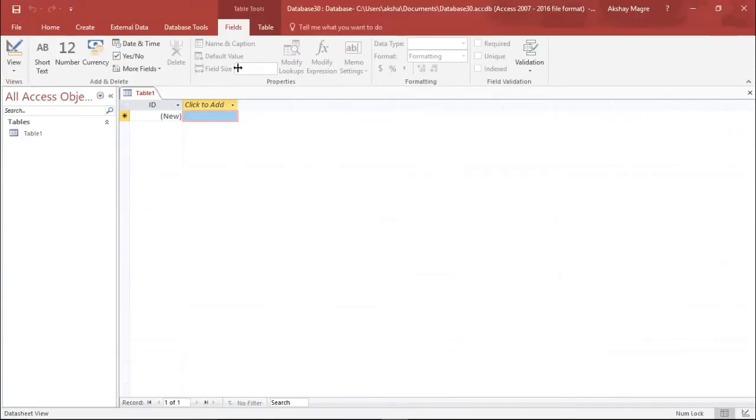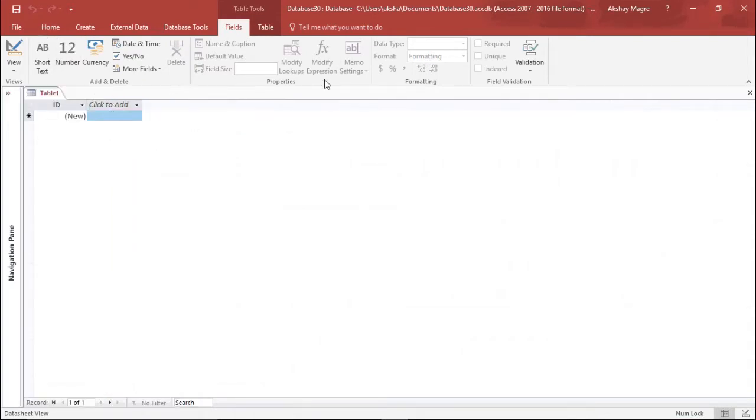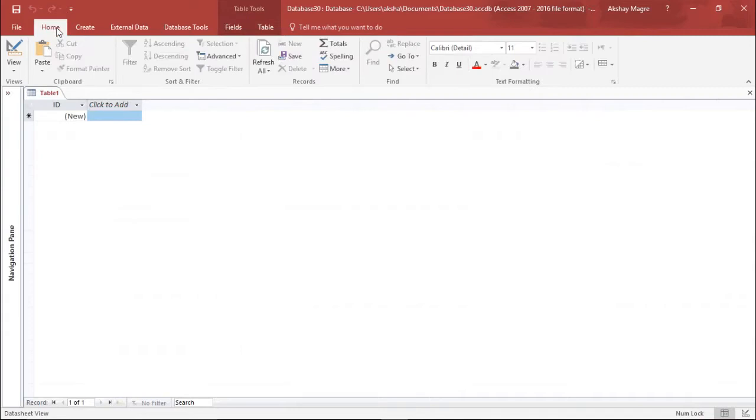Now I can see that by default, Microsoft Access has created a table, which can be seen on the left hand side, and it is named Table 1. Before I start off with the table, let me show you. Out here you can see the table tools. Under the Home tab you can see the ribbons. In these ribbons I have different groups. As you can see, I have record group, sort and filter, clipboard, views and text formatting. From these ribbons I can basically do the edits, or make the required changes as per our requirement.